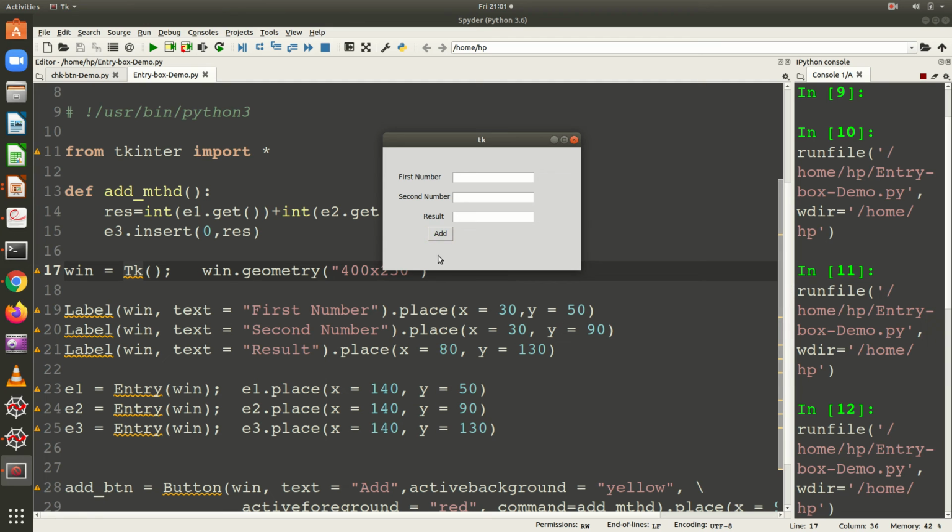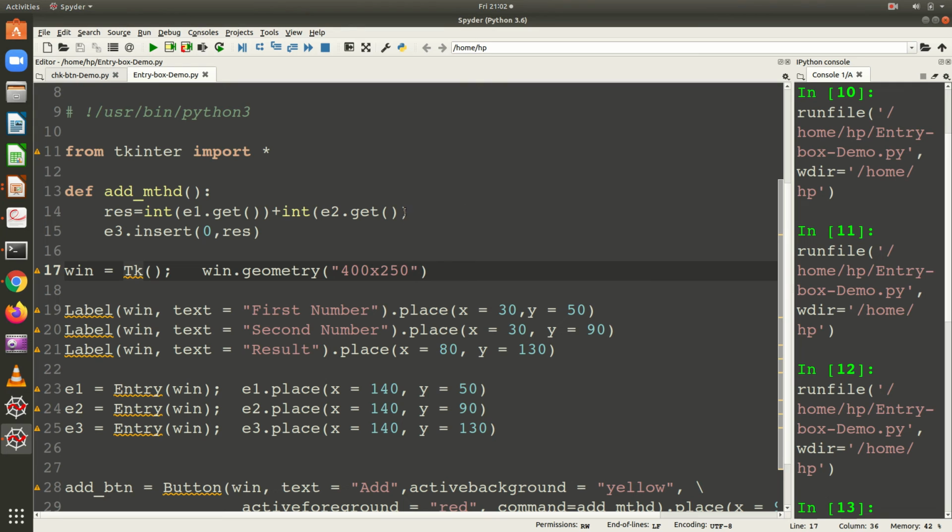add button which will change the background and foreground color when I move the mouse over it. Okay. Now I am going to enter the first number as 10, second number as 20 and I click the add button. The result is now displayed here. Suppose I change the value to 206, 104 and I click the add button, it is changing the value, right? Yeah, let me delete it and it will be changing the value, right? And see, when I add it again and again, it is appending the value, right?